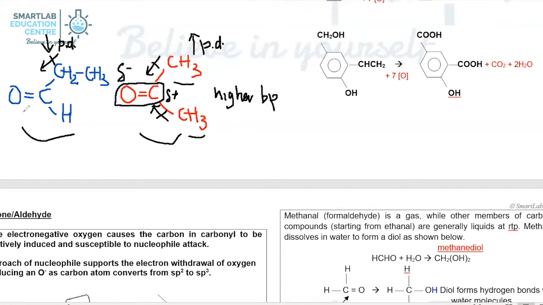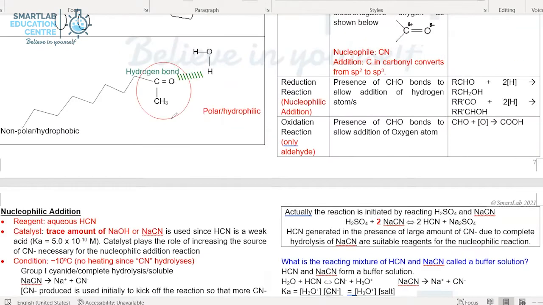Also need to note that in the case of aldehyde, none of the hydrogen that you have here are electron deficient hydrogen because the hydrogen are not bonded to oxygen. In this example here, what we want to highlight is that despite the fact that ketone and aldehyde cannot form hydrogen bonding amongst its own molecule, we need to note that it can form hydrogen bonding when it dissolves in